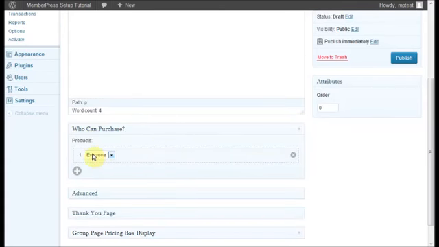Who can purchase? We want everyone to be able to purchase this product. Just so you're aware, you do have 2 other options. It's guests can purchase it or members can purchase it. And if you choose members, you can select members who have purchased nothing or members who have purchased anything. And once you've created some other products, they will show up in this list as well. So I'm going to put this back to everyone, publish,